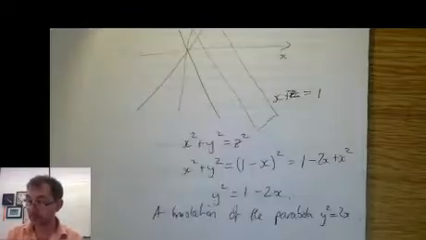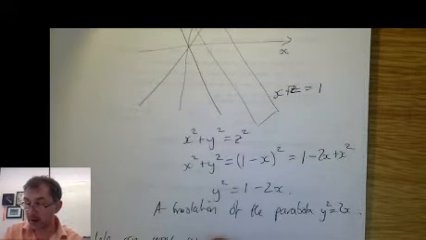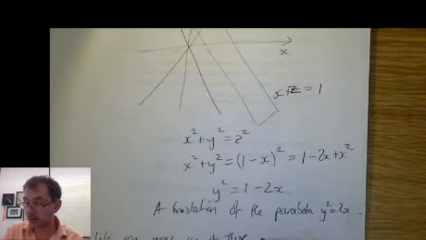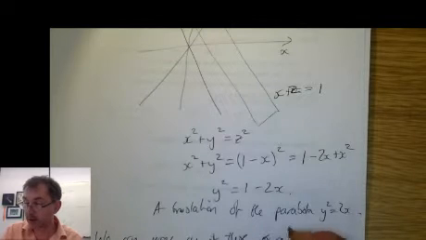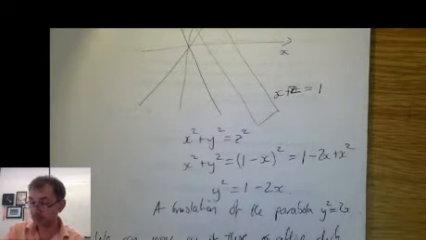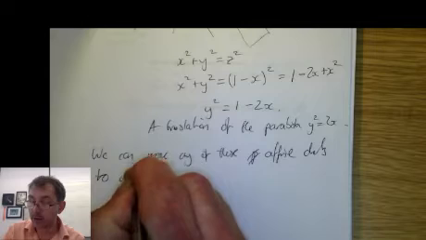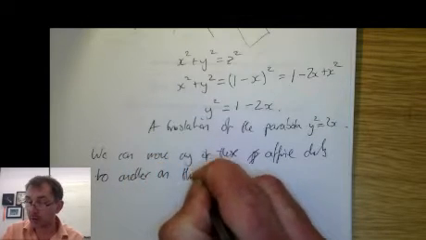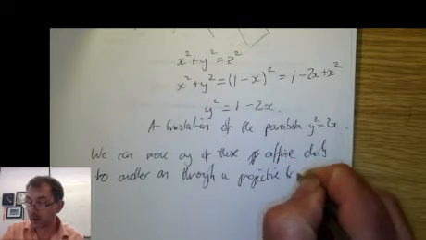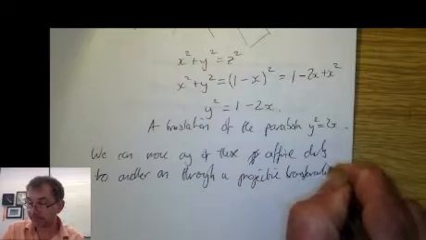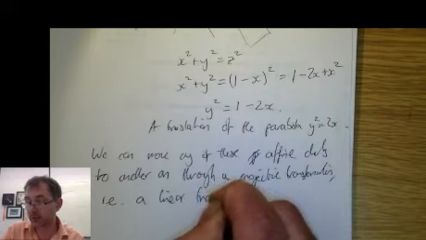So we can move any of these affine charts to another one through a projective transformation, i.e. a linear transformation